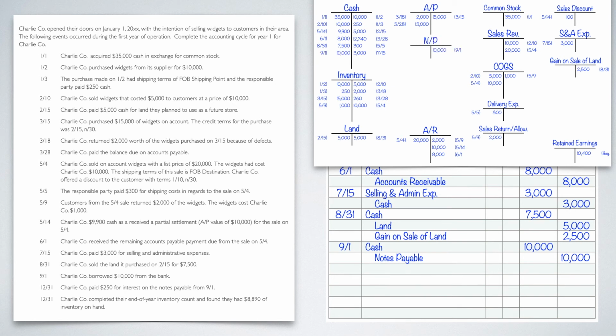All right, the first 12-31, or the first adjustment that we have, it's not really an adjustment because we're actually paying this. This is not like something that's dealing with receivables or payables.